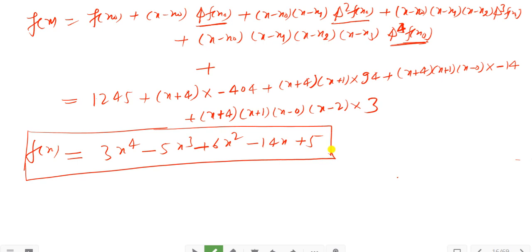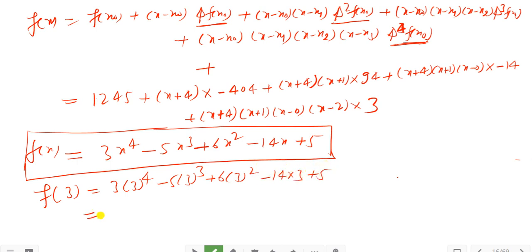And here, when we generate the polynomial and we want to compute the functional value at any value of x, say x is equal to 3, this is 3 into 3 to the power 4 minus 5 into 3 to the power 3 plus 6 into 3 to the power 2 minus 14 into 3 plus 5, and simplify this with the help of the calculator. Then this value is equal to 125,